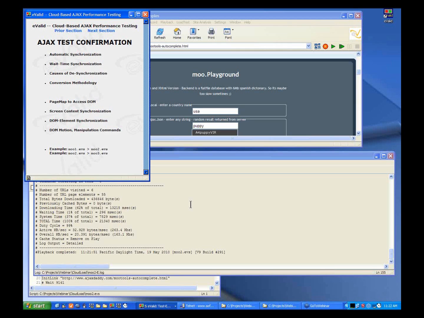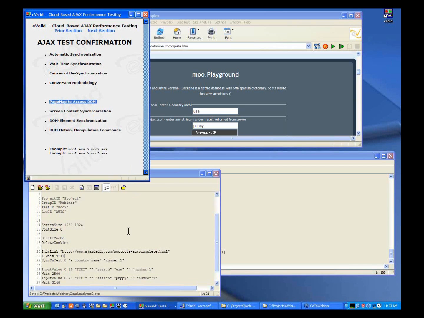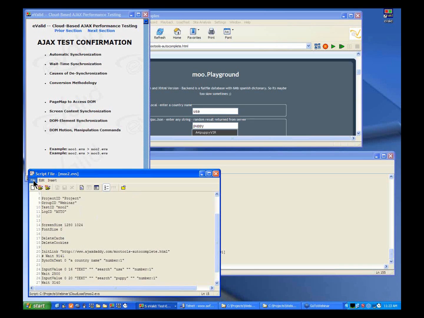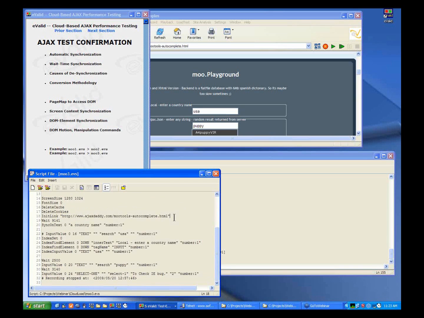So what we do is we convert the script into one which is fully synchronized, and we did that with Move2. And sometimes, if we need to, and I won't necessarily explain how, I want to take you over here to Move3. Move3 is an example where we actually replaced the input value command,